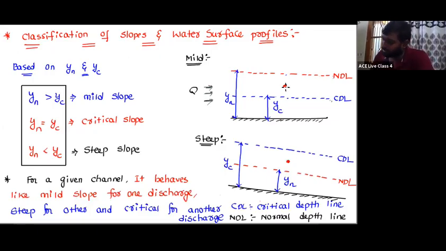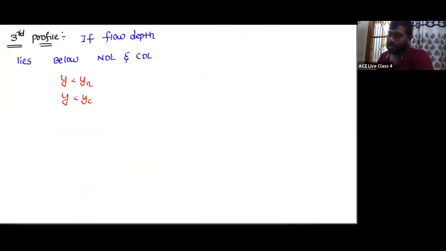In both the cases, Y is less than YC, YN. So I don't need to say separately mild and steep. Now, when Y is less than YN, what is dy by dx? Y greater than YN, positive; Y less than YN, negative. Y greater than YC, positive; Y less than YC, negative. And what is negative by negative? Positive. And with this, can I say, always